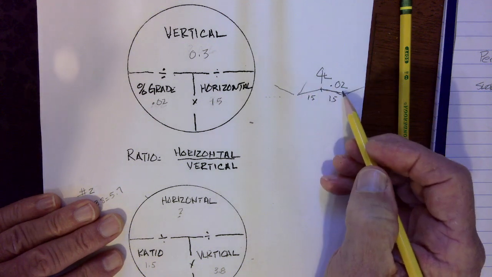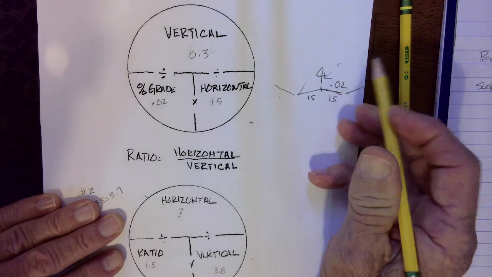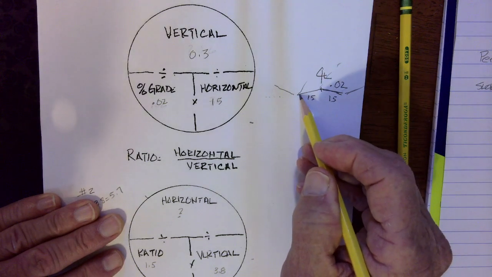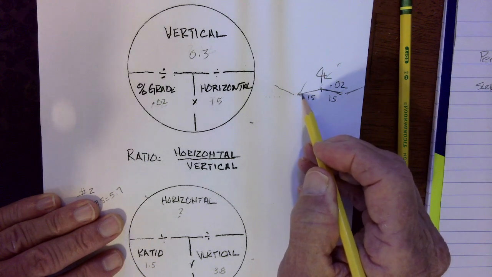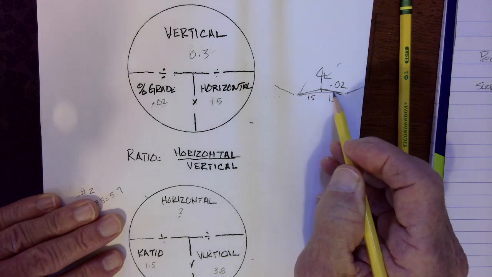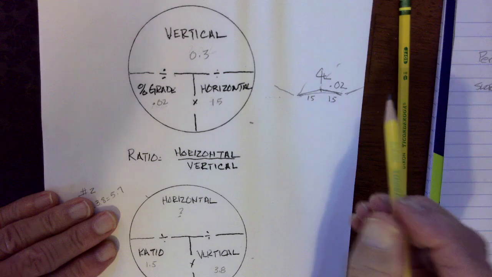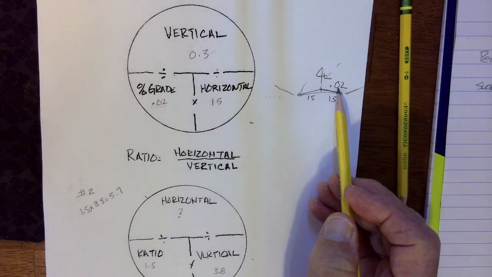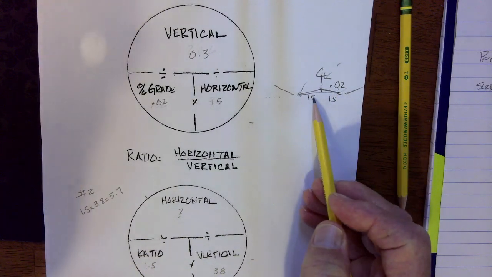So if you can see, I have a highway going down through here, and this is the high point. This little dimension right here is what I'm wanting to know. So if I have a 2% fall over 15 feet,